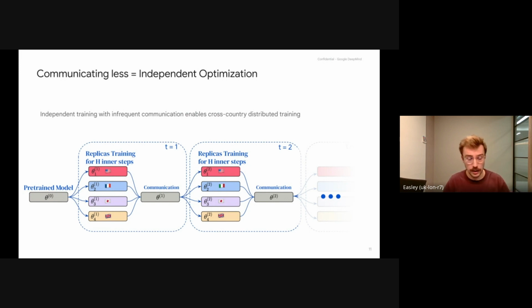For example, here our model could be distributed across the US, France, Japan, the UK. We could train them for a certain number of steps that we call inner steps. They will be optimized with the forward and backward, and we apply the optimizer multiple steps before doing the communication, meaning that each replica's parameters will drift away a little bit before we bring them back together for synchronization. Here is the communication step.